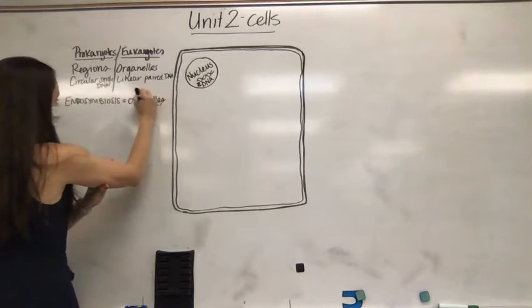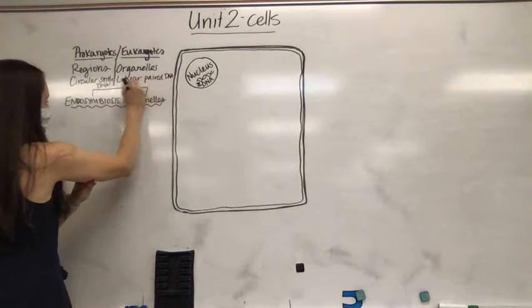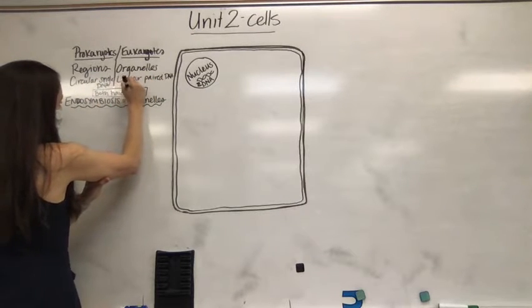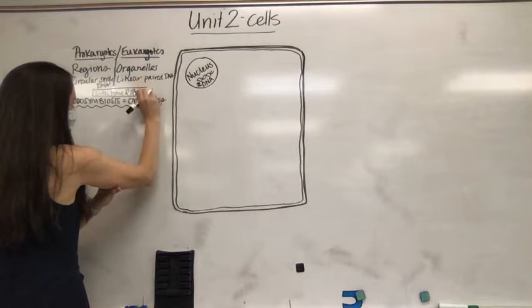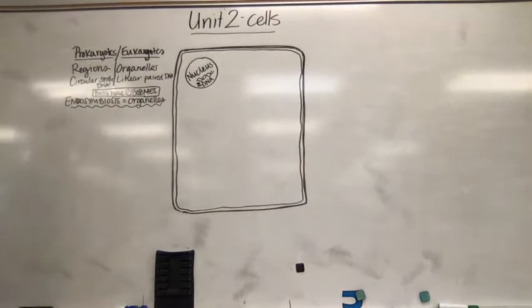Okay, so one thing they do have in common, if you have a little spot right here, is they both have ribosomes. Oh, I need to make my box bigger. So they both have ribosomes. Can you see that? It's probably tiny. Sorry, I need to make it bigger so you guys can see it. It says both have ribosomes right underneath it. And so as we came up with some endosymbiosis back in the primordial soup days,